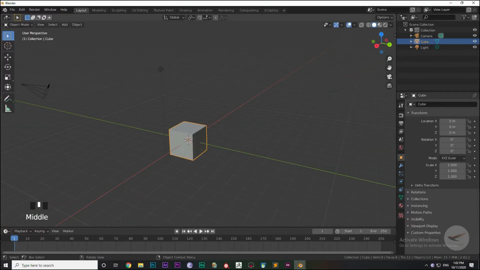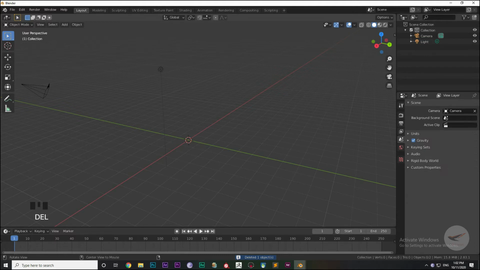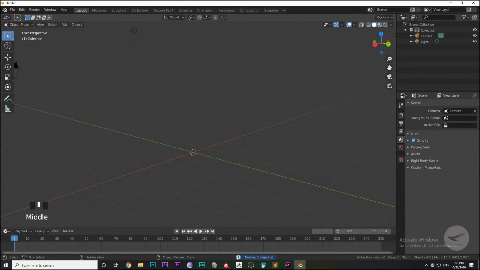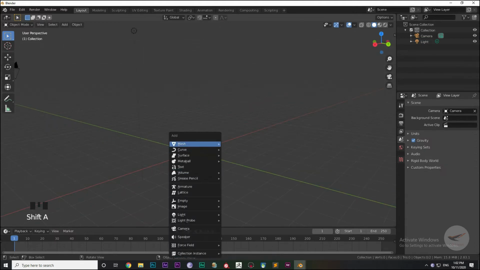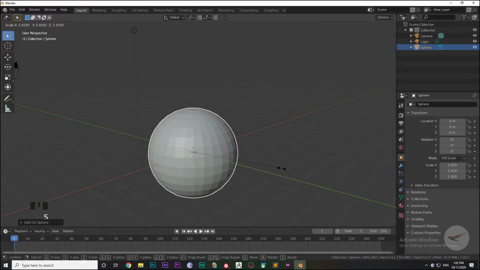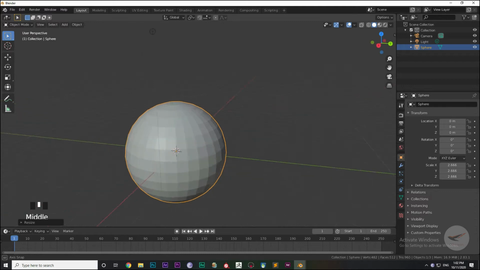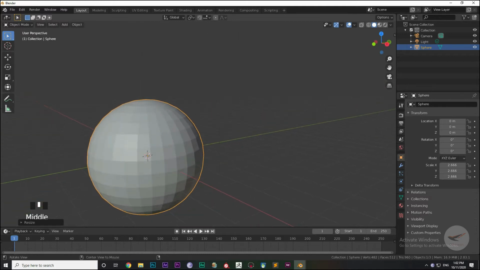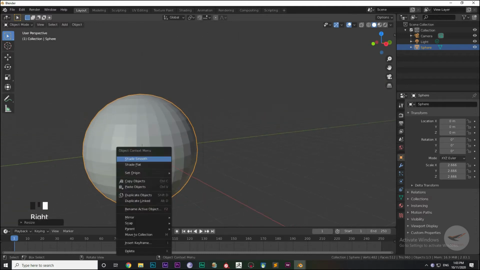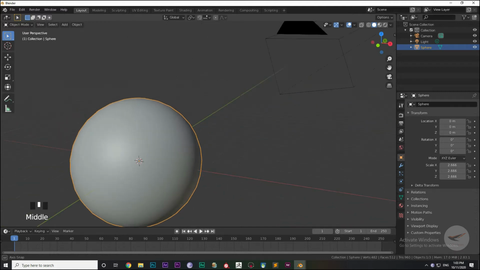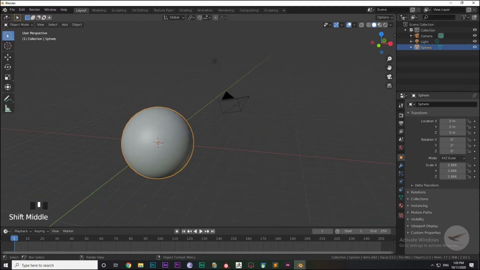Click on the cube and press delete. Press Shift A and go to Mesh and select UV Sphere. Scale it using the S key. Now click on the UV sphere, right click and select Shade Smooth, and voila, you have a planet to work